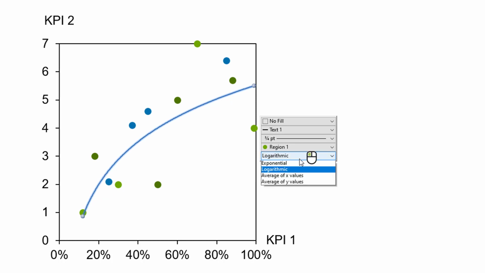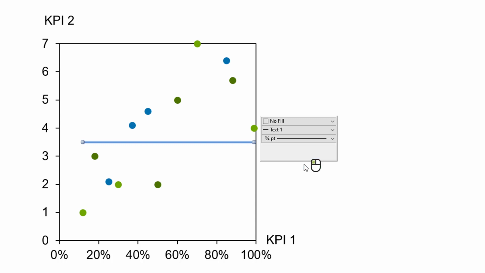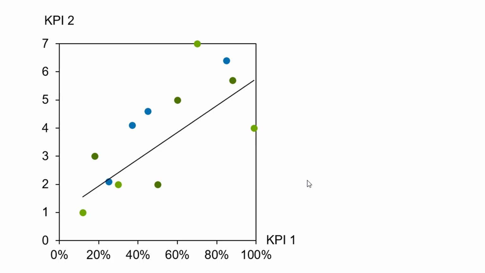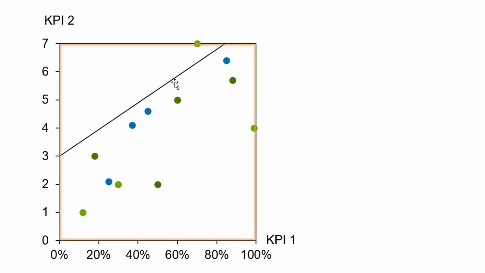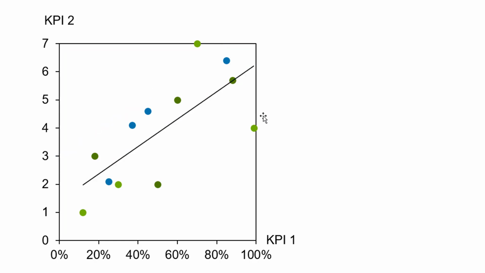You can also set a trend line representing the average of x values or y values by picking the corresponding option from the menu. To turn the computed trend line into a freely positioned partition line, just click and drag the line to the desired position. To transform it back into a trend line, left-click on the line, open the trend line group control, and choose which group of data points it should refer to.